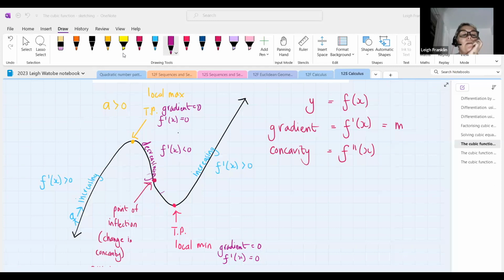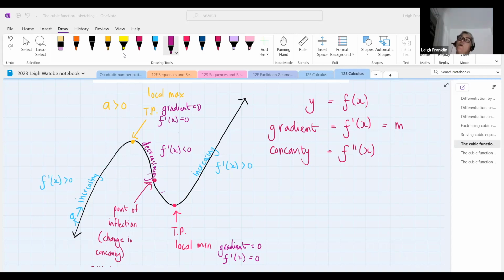Ma'am, what is the use of the point of inflection? Because I do not understand it that well. I don't get it because I do know that it's used while drawing the graph, but I don't know how to use it. Okay, so where they would expect you to use it, Katleho, is